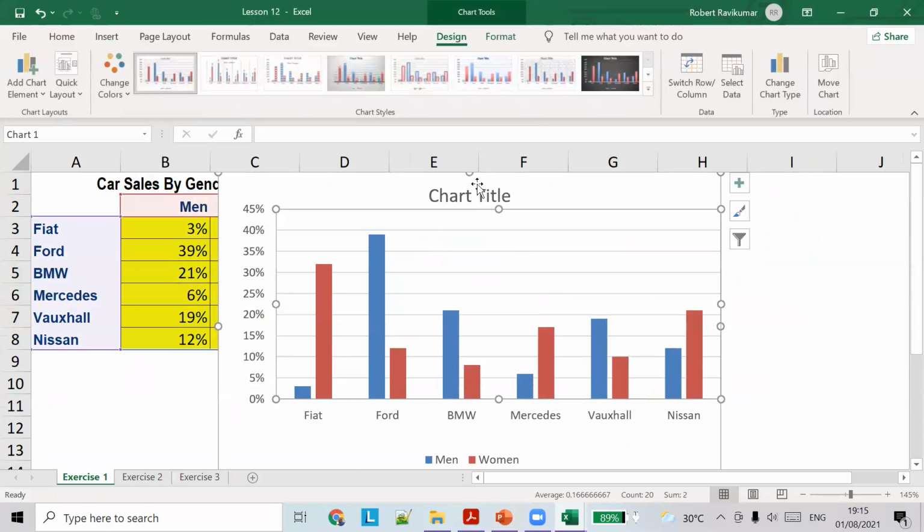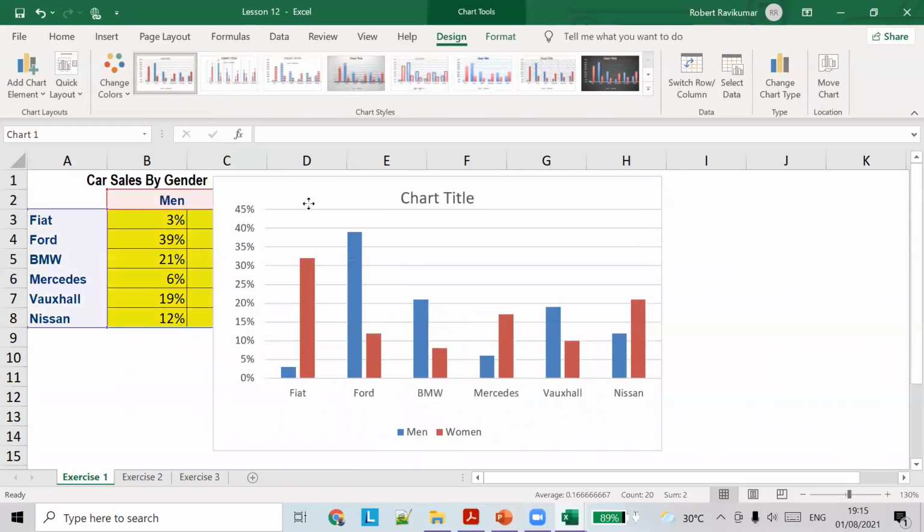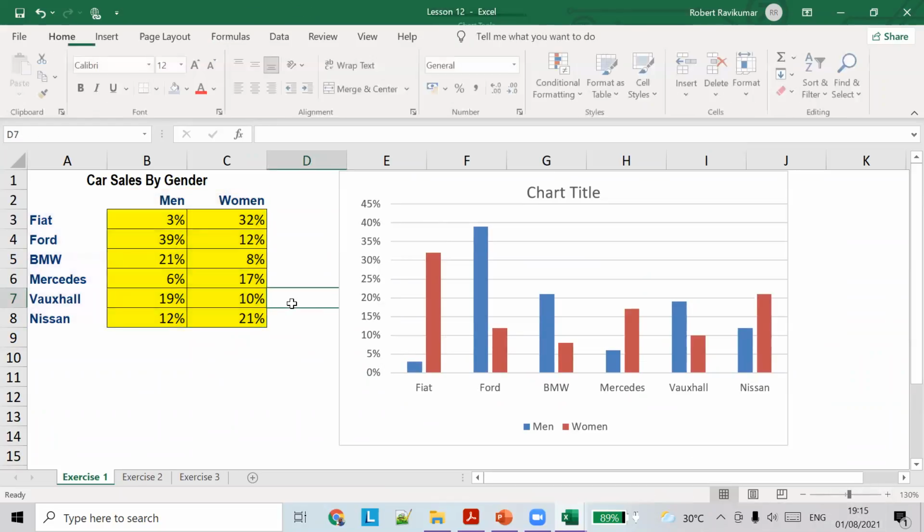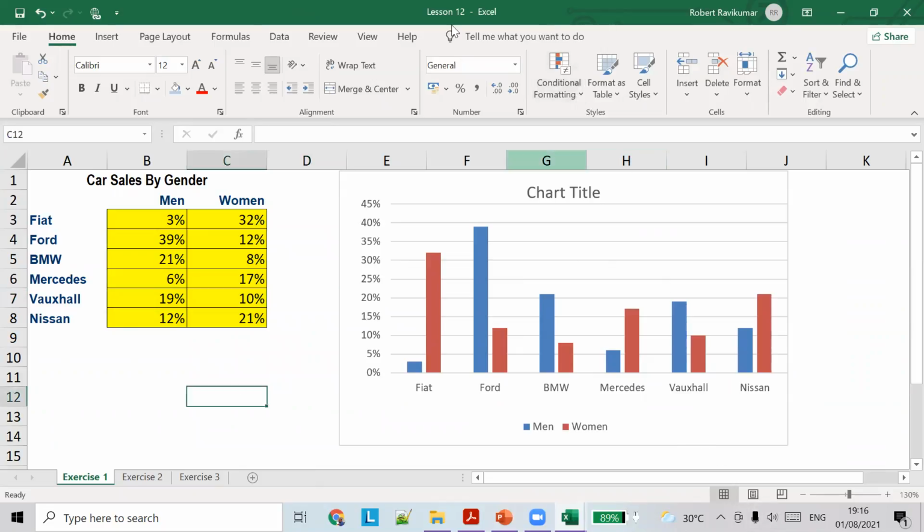Okay, so you can create a chart like this with the proper formatting. I'll give you up to 7:30. So you try this and let me know if you're stuck anywhere. Okay, so you can start.